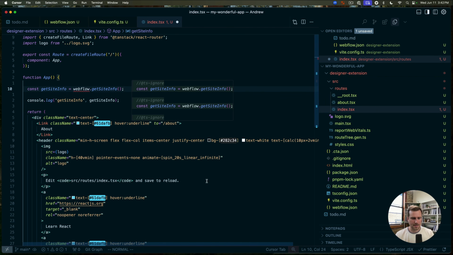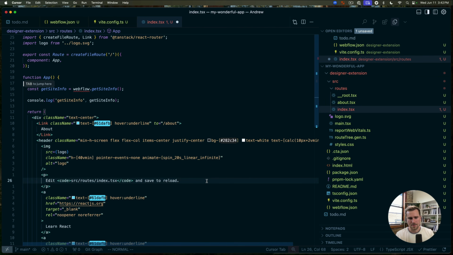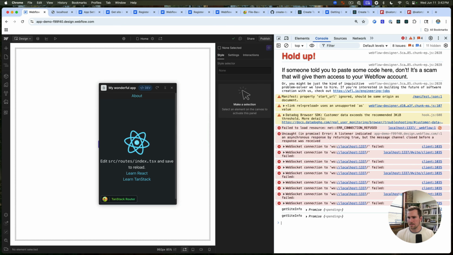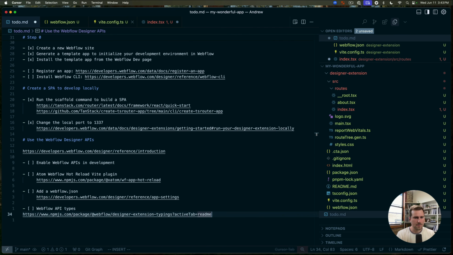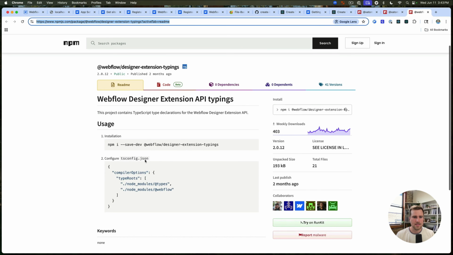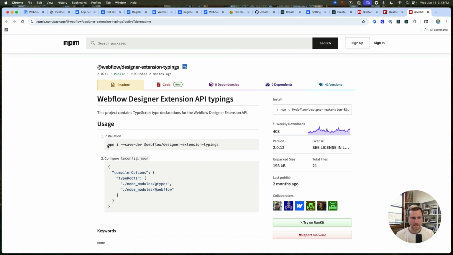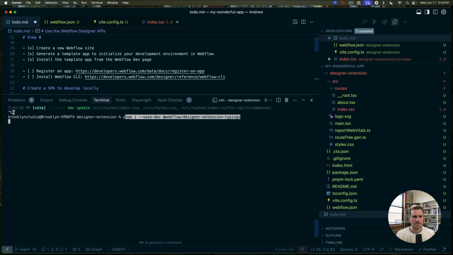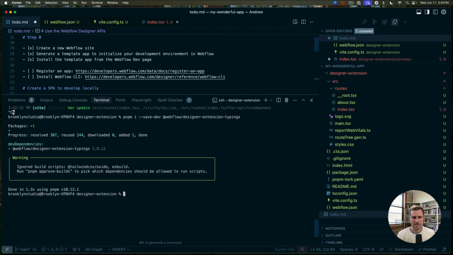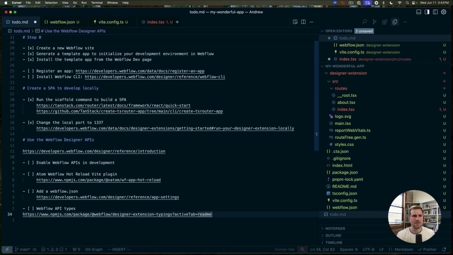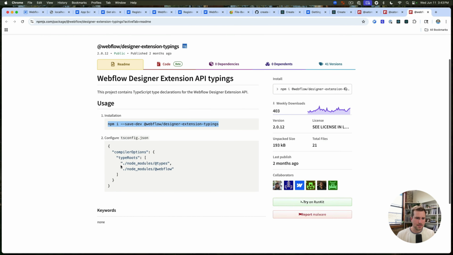How do I go about that? So we need to install the Webflow Designer Extension types. So if we go to this npm package directory page, we can see we need to install the types, and then we're going to need to adjust tsconfig.json. So again, I'm using pnpm. So I'm going to install it with pnpm, and we've got the types, and then you can change the type